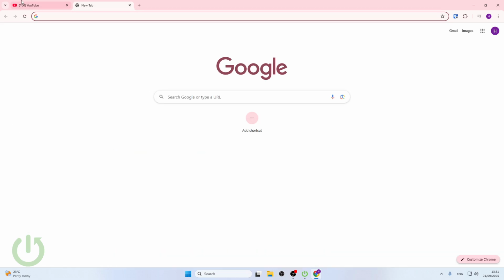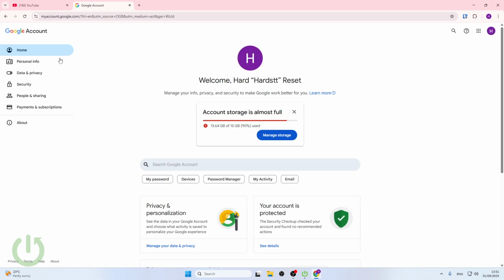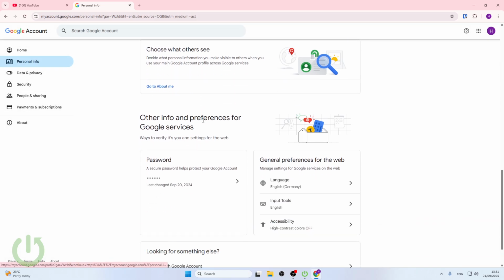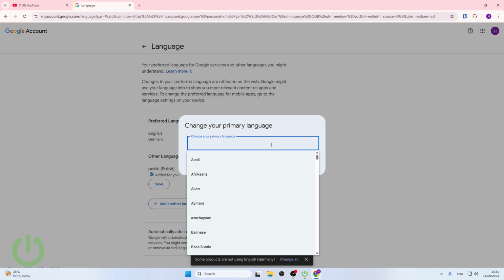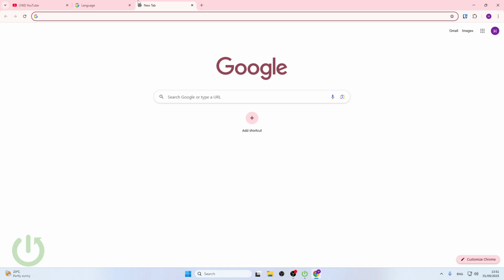So now, to disable that, at first we have to go into our Google account settings and click Personal information here. Now scroll all the way down to General preferences for the web and click Language. Here select the primary language that you speak and that you want to have on your YouTube. After setting your language, search for the